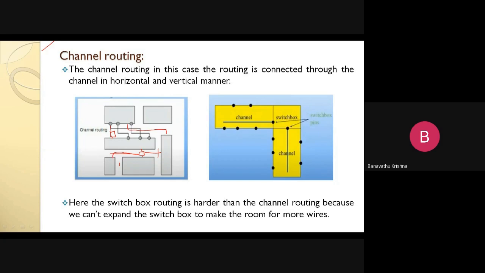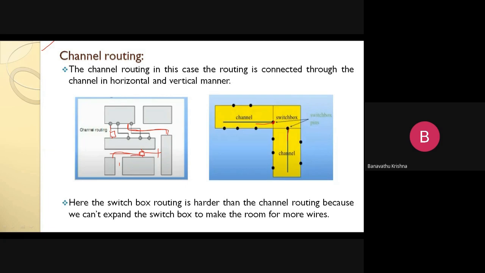In channel routing, the gap, the space in between the modules, is nothing but the channel. I want to make the connection from this module to that module through the channel. But in the case of a switch box, there is no extension of the wiring from one module to another. It is just one switch here, a connection point. You have to make the connection through the channel. Like this, this is the switch box, just to give the connection to the module.